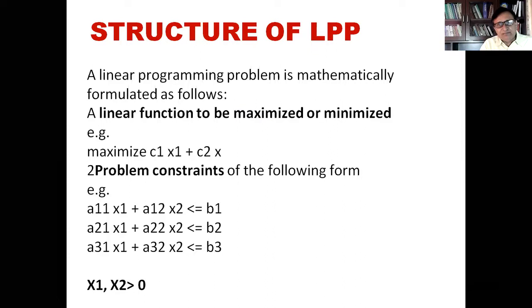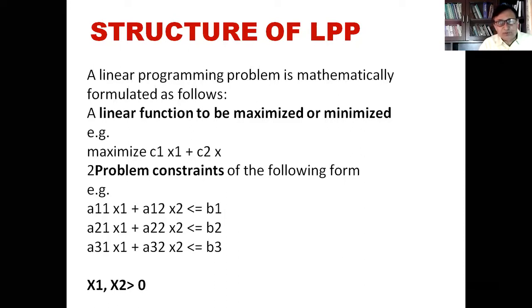So if a problem is given to you, then you have to define that problem in this structure. You have to define the objective function, you have to define the constraints, then you have to define the non-negativity conditions, and the data which is required for structuring the problem in the linear programming format. We need the data about how much cost or profit coefficient there is for producing X1 and X2. That means we need to know the cost and profit coefficient per unit of producing the product.